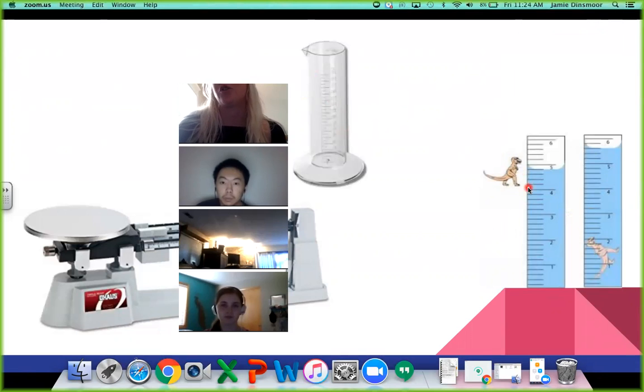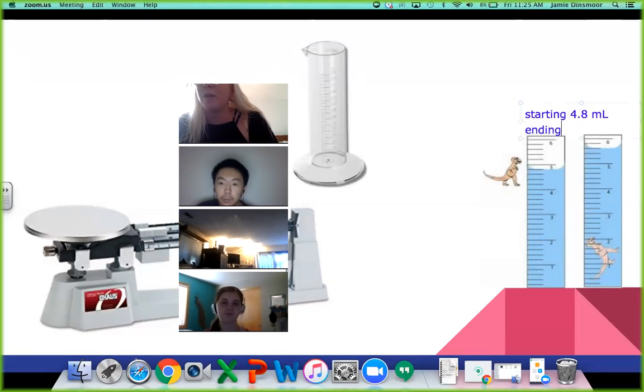So when you want to measure the volume of something that's irregular, that you can't easily do a math formula for, for example, this dinosaur, you can actually just place it in water and you can measure how much it goes up. So if we're going to find the volume of this dinosaur, we're going to look here and see that it's at about 4.8 as our starting amount of water, 4.8 milliliters.